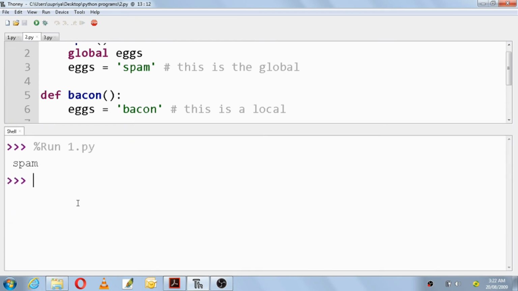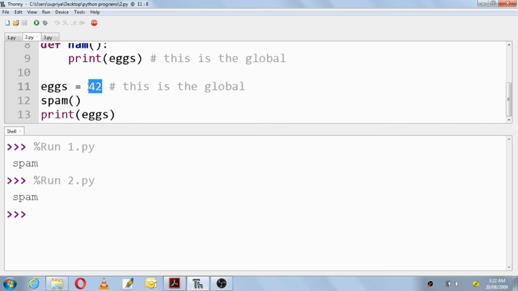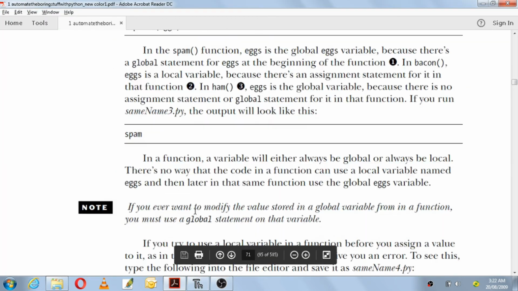So already run here, Control S, F5. Okay, so it will print the value as what here? Spam. Although its initial value was 42, after getting changed it has shown the output as spam. Okay, next,